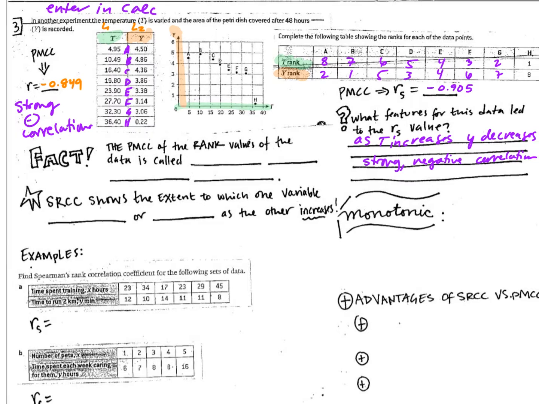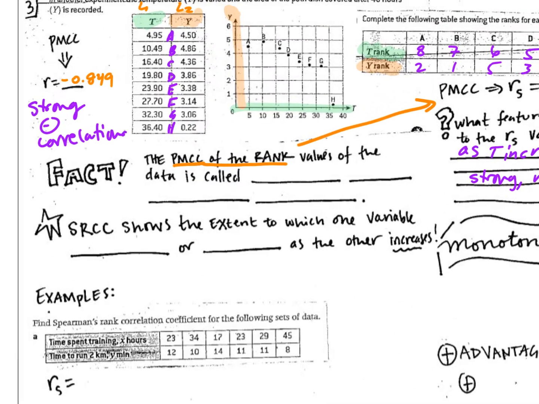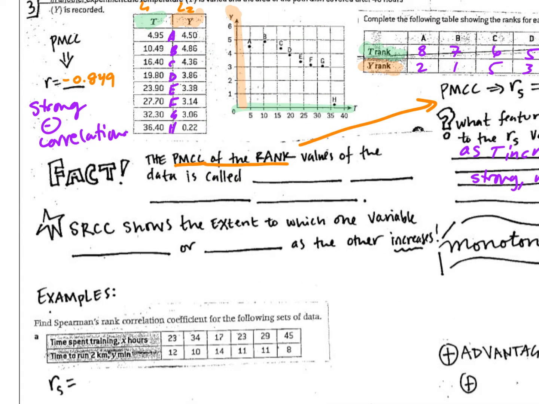One thing, and I know this kind of jumps around a bit, but this is why we have color. Over here, the PMCC, the Pearson moment correlation coefficient. That is this calculation right here. That's what we're doing when we're finding that new R value. So the PMCC of the rank values of the data is called Spearman's